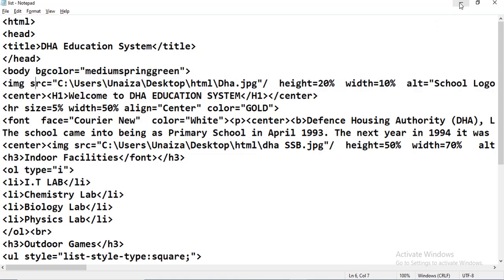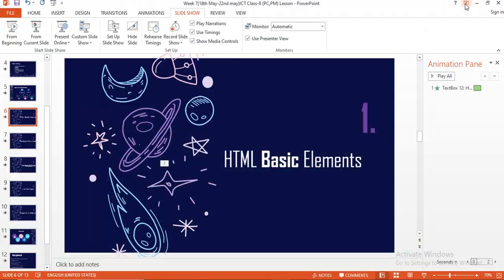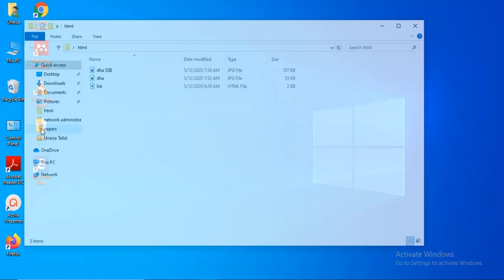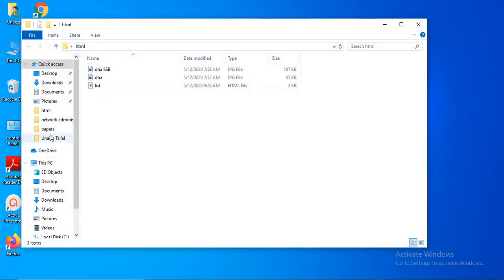Now I want to show you where I have saved my images. On my desktop, there is a folder of HTML. In HTML there are lists, and there are 2 images with the names DHA and DHASSB.